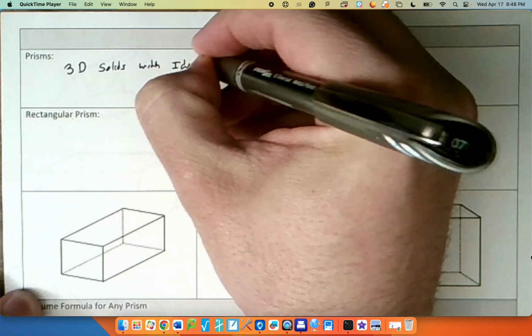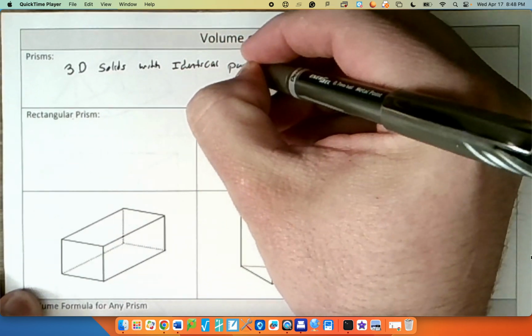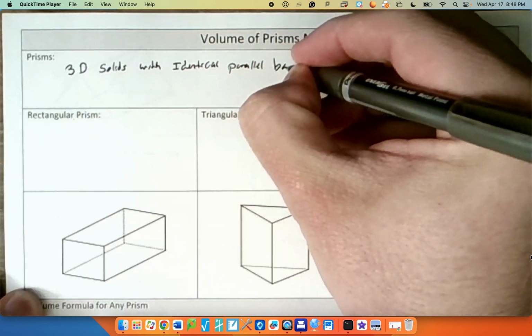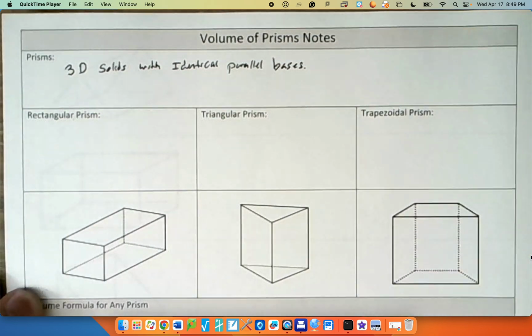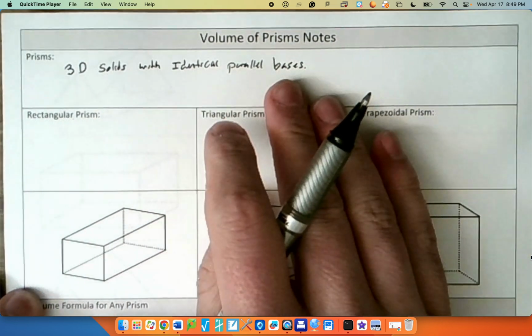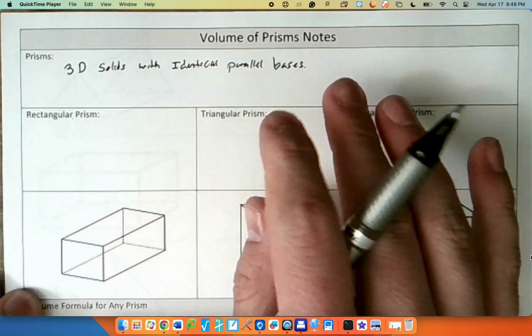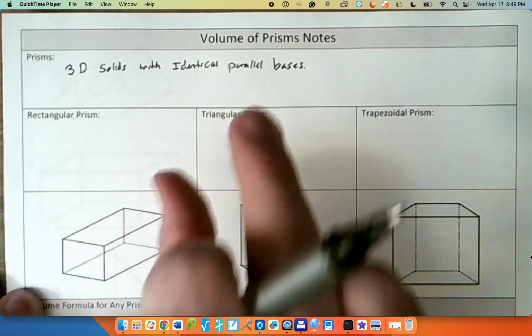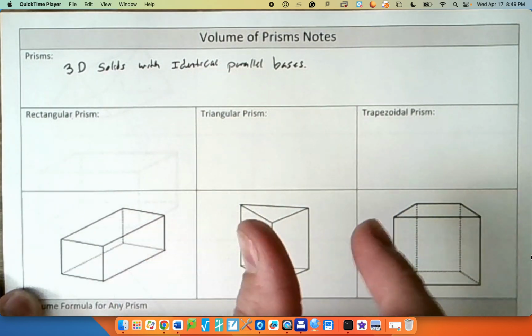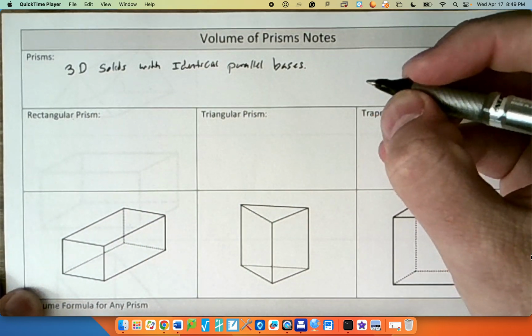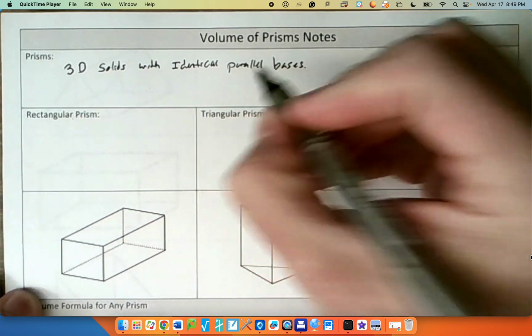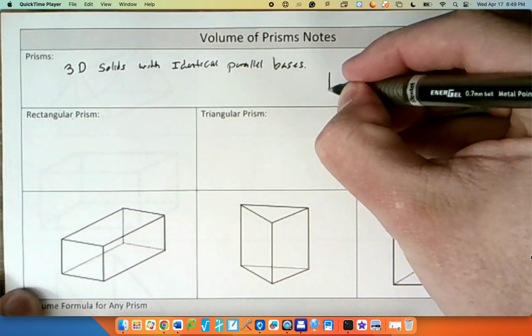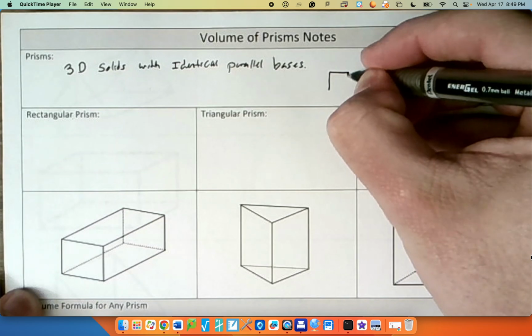with identical, parallel bases. So all that is saying is that the top and the bottom of our shape are exactly the same, or they could be twisted on their side and they're exactly the same on one side or the other. So identical, parallel bases. So basically the way you kind of think about it is any way that you make